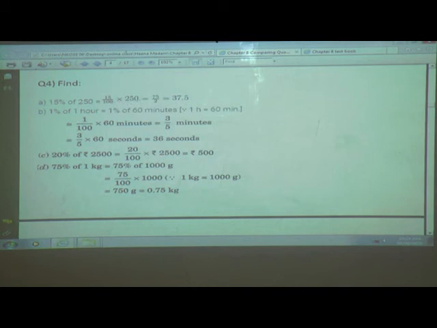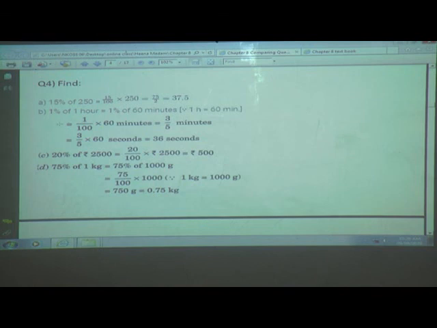Here the 0 gets cancelled, the 0 gets cancelled. Here 5 2s are 10, we will get 2. Here 5 5s are 25. So 5 15s are 75 upon 2. What is half of 75? It is nothing but 37.5. So if it is given in rupees, 15% of 250 rupees is 37 rupees 50 paise. I gave the example of rupees because it is easier to understand, being a daily life problem.